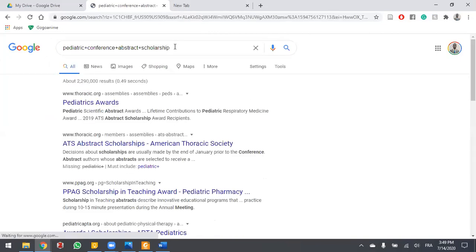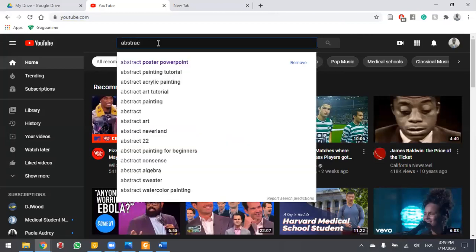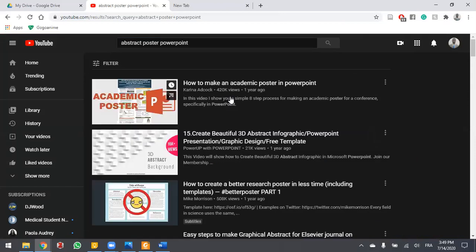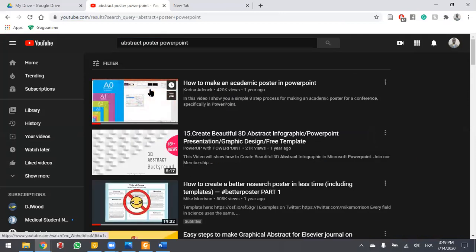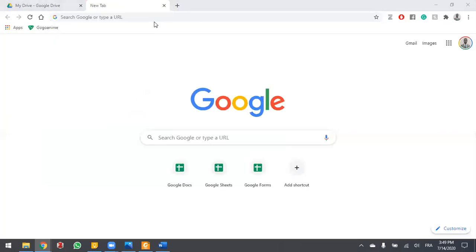So this way, you get to publish the proposal of your research. You get to present the abstract of your research. You get to publish the research itself. You get to design the visual abstract as well. For the conference, if it gets accepted, you will equally need to design what we call a poster. If you go on YouTube, you'll find resources for abstract poster design. All you need is PowerPoint. Yeah, and you can watch this video when you go to that conference. So yeah, that's what it should be like.